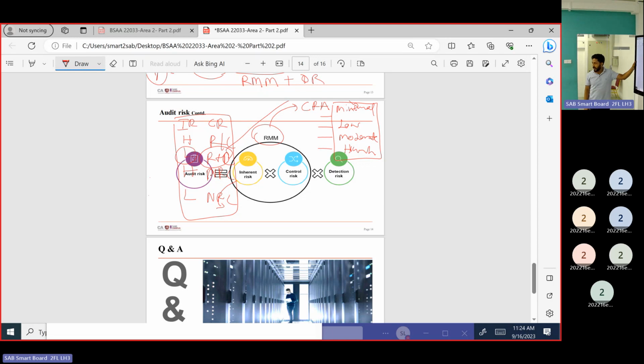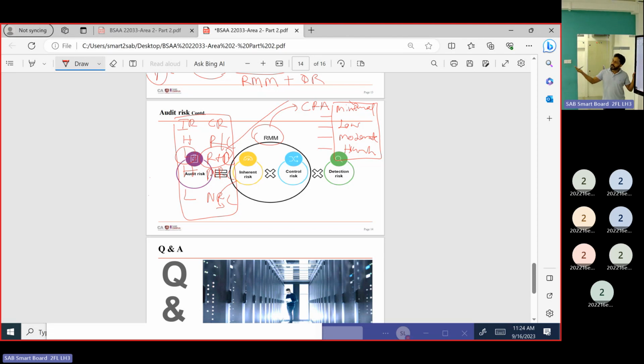You can understand, we have to do this activity at the assertion level. Keep in mind that we have to do this assessment at the assertion level. What do you mean by that? Once we are putting in our foundation, we understood that in audit we have two different levels, assertion level and the financial statement level. Right? Assertion level we discuss under balance level.